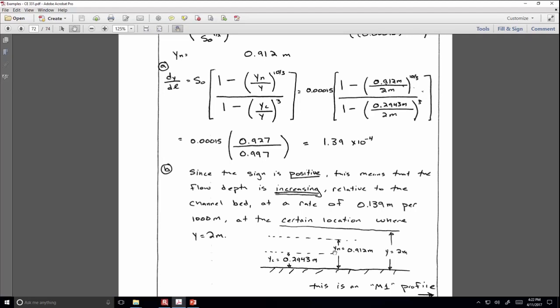Now, here on the board and also on the screen, I've drawn some dashed lines to indicate here is the critical depth, here's the normal depth, and then our actual flow depth that we're encountering is above both of those. And this is an M1 profile. That M means mild, and anytime you have the normal depth greater than the critical depth, that's a mild slope. It means that the flow is going to be